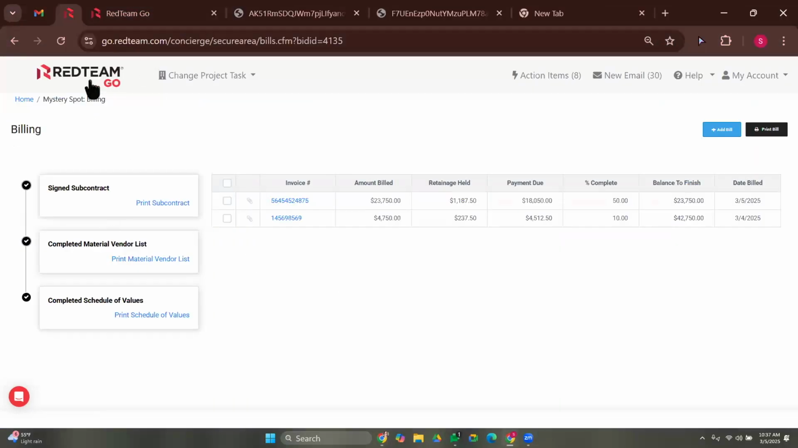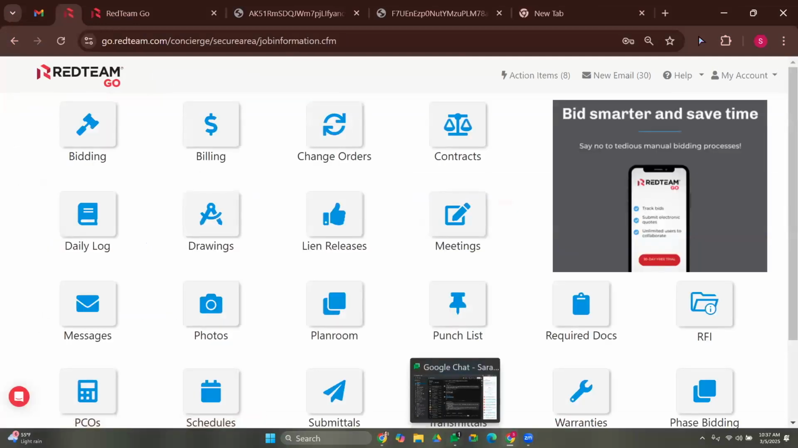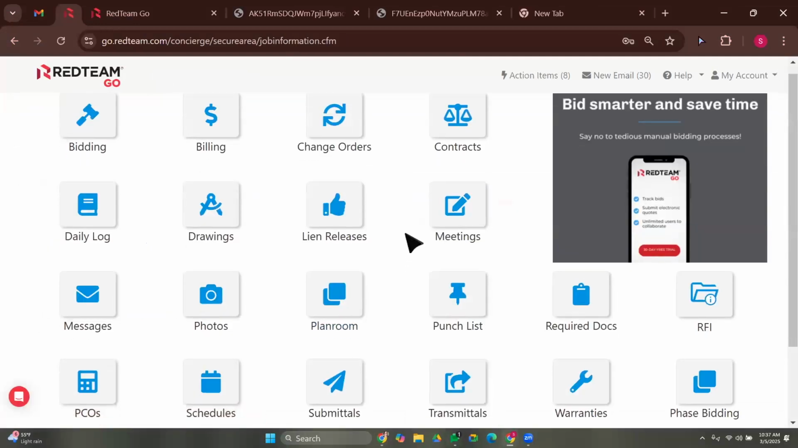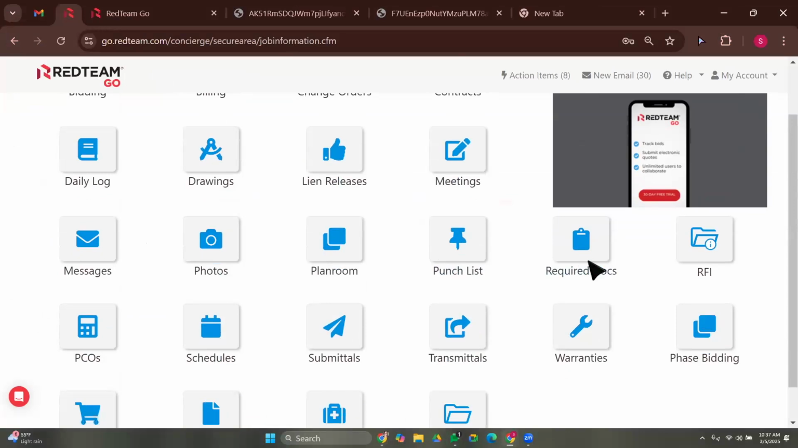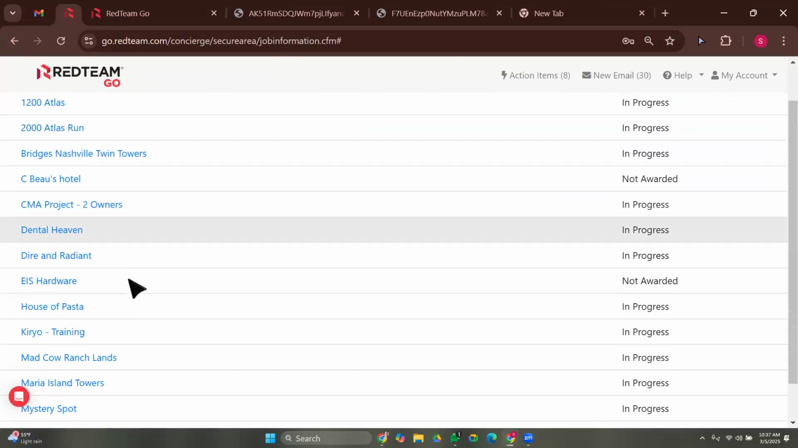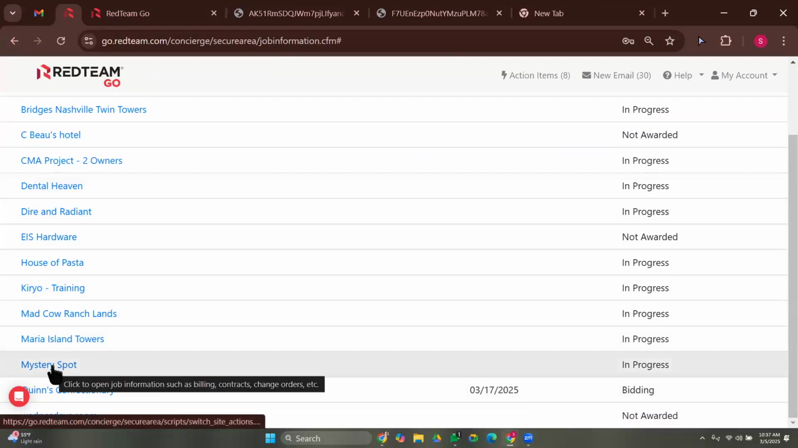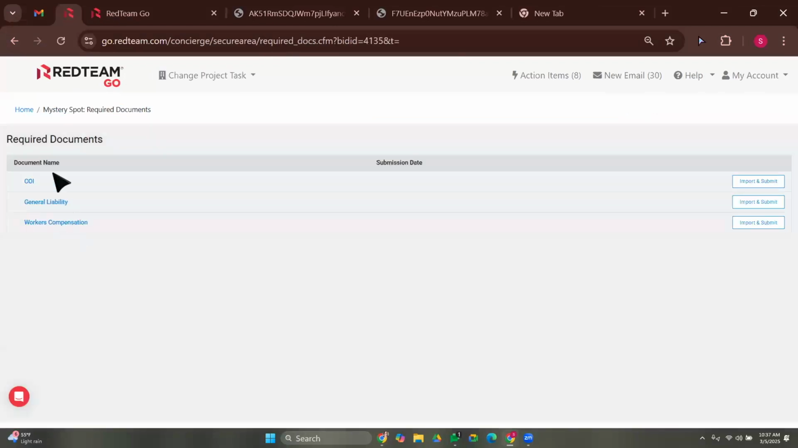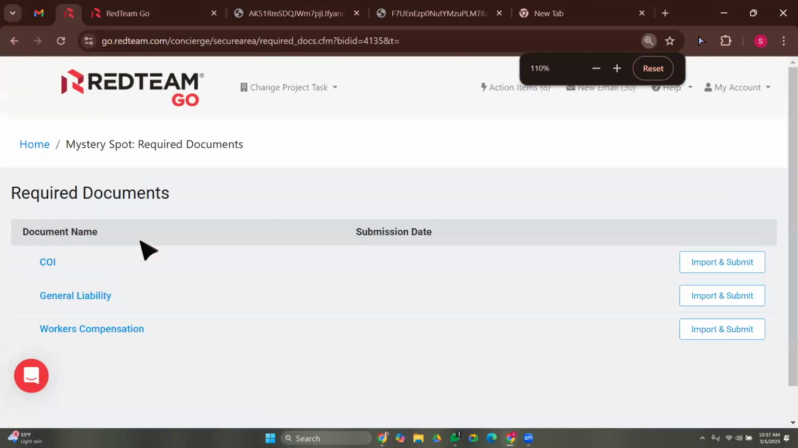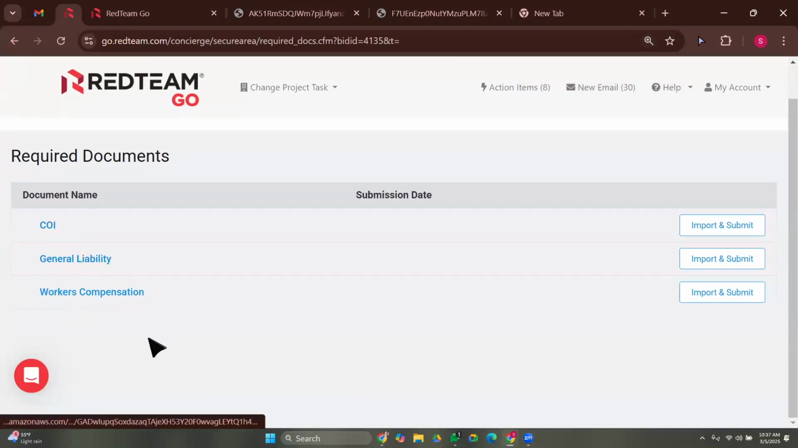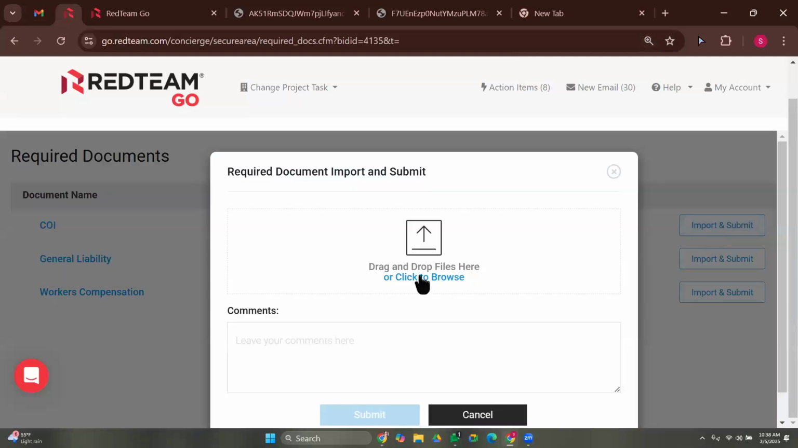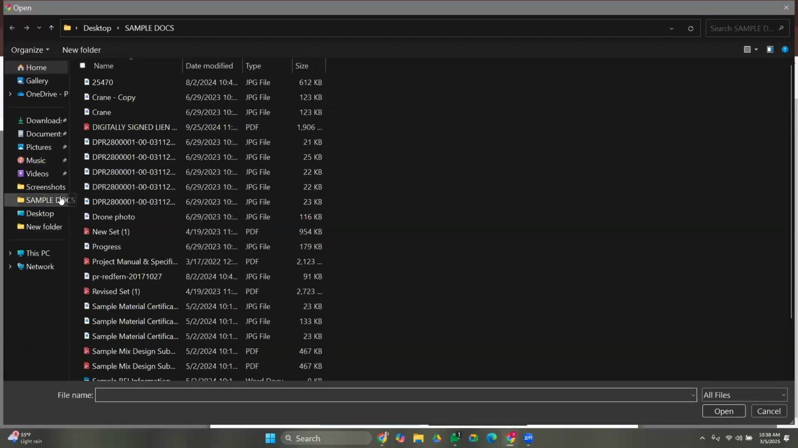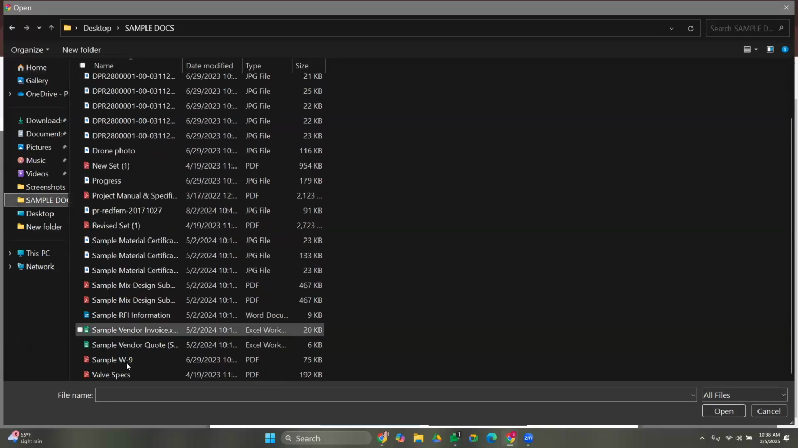Now for my subcontractor to upload it, very, very easy. They're just going to navigate into RedTeam Go, and they have their own tile card called required documents. So if they click into here, same thing, they're going to navigate over, find that project, and they'll see here, oh, okay, so I owe to them a COI, a general liability, and a workers' compensation. They can come and go as they please. If they only have one document right now, that's fine. So if they have that COI, they'll just select import and submit. They can drag and drop or click to browse, and they're going to upload that document right here